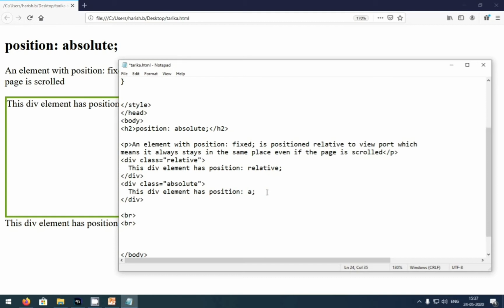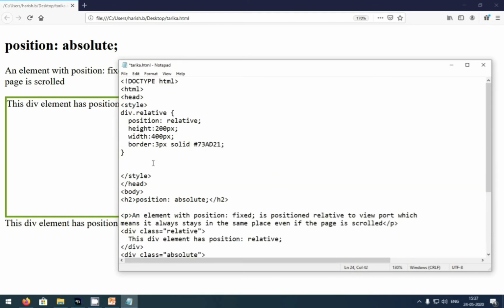So absolute, and adding a div dot, sorry, no space, div dot absolute, adding the declaration.